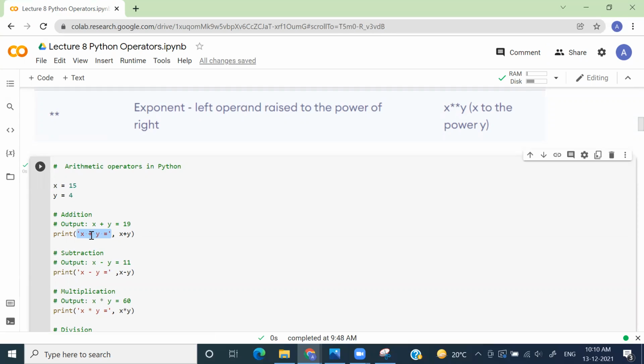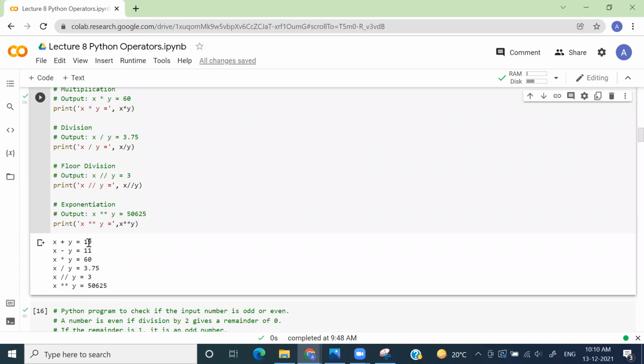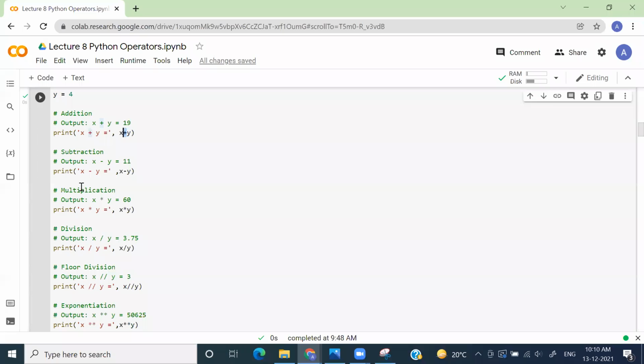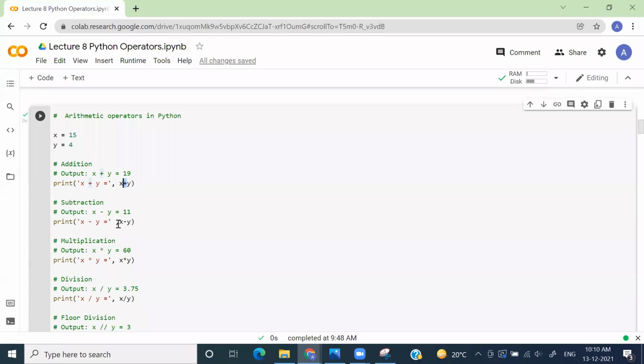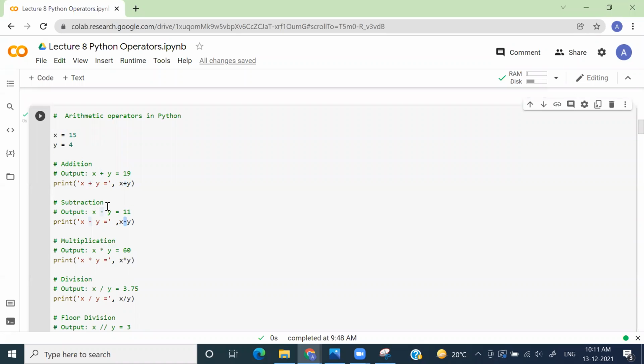In the previous class, we saw how to concatenate the expression result with a string, so we're going to use that format. If I do x plus y, this is the addition operator, and the output would be 19. You'll see that x plus y equals 19. Similarly, subtraction goes the same way. x minus y, this is the subtraction operator, and it will give me 11, right? 15 minus 4 is 11.